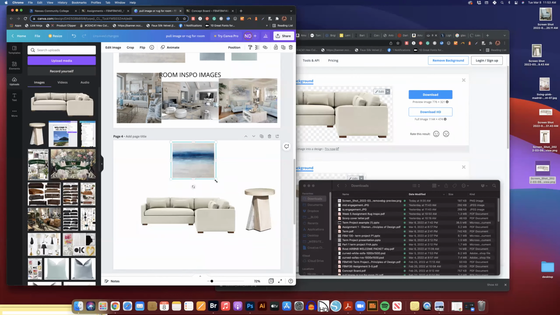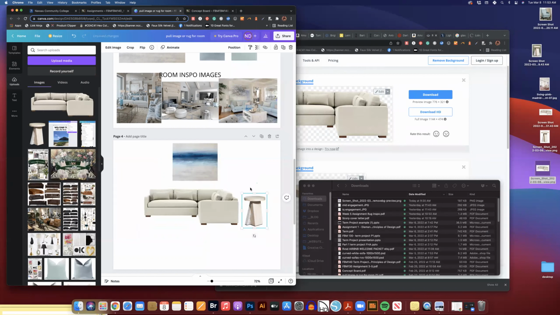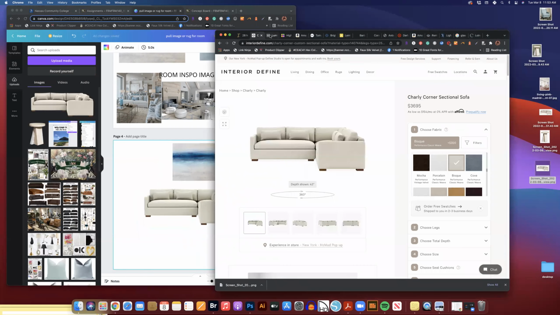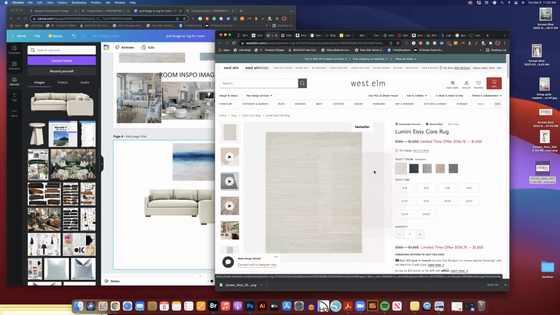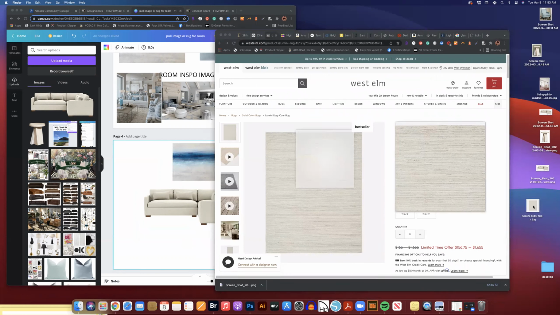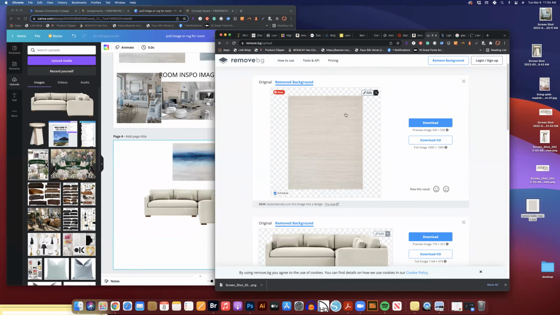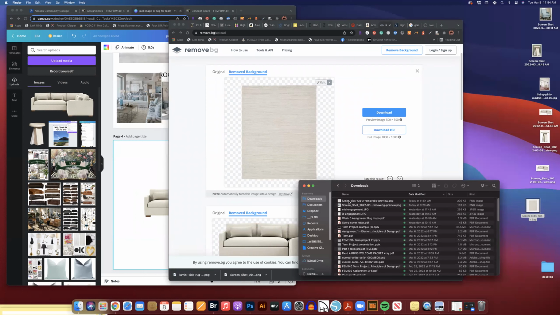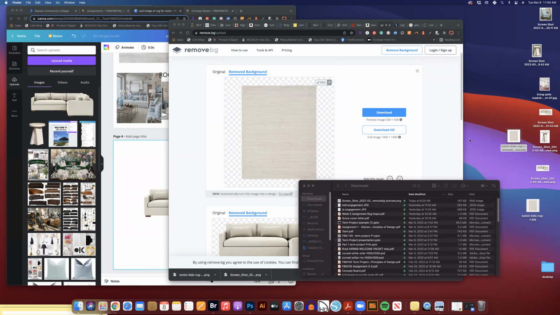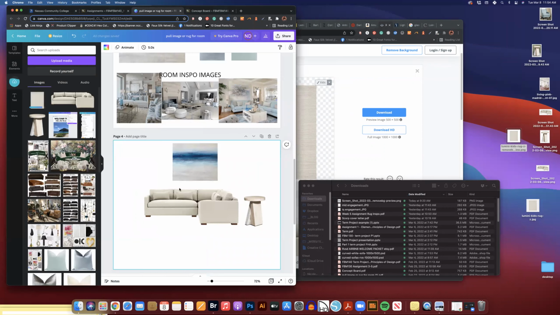And what we want to start to do is to create the pieces so that we can see as a whole how our space is going to look. So the next thing, I have my sofa. Now I would want my area rug. So again, some you can just pull out like this one. And then I'm just going to continue to remove the background. If you're working in Photoshop, you can use Photoshop as well to remove the background. But I'm just going to, for our purposes, remove it so that the images that I put into Canva already have the background removed. And it just makes the process easier